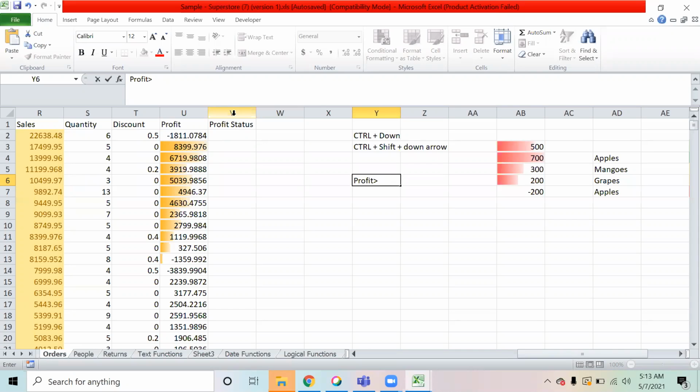Suppose I am saying if the profit is more than 5,000, the output should be good, and if it is less than or equal to 5,000, it should be bad. Please create this.